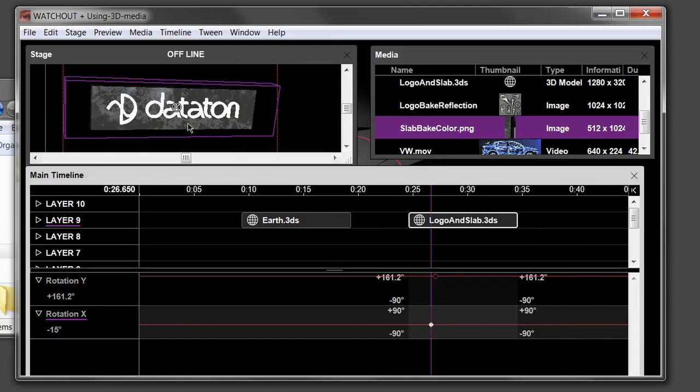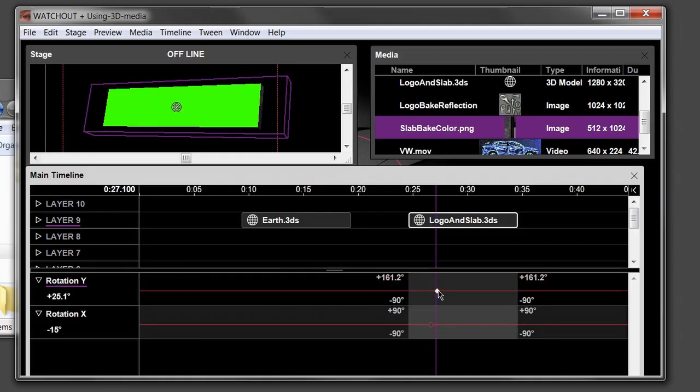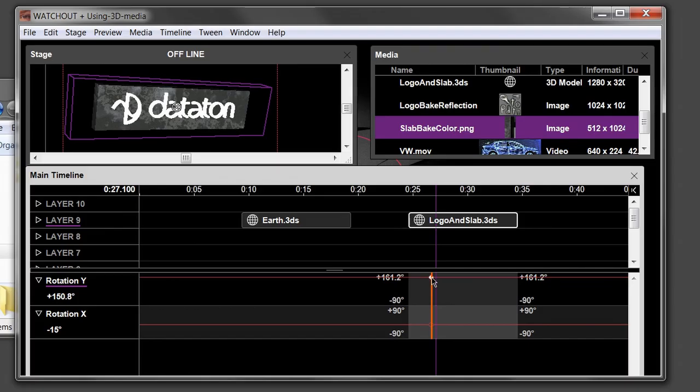Okay, so we have a texture on the block itself, but you can see that this 3D object that I brought in has the background, and then it has the logo here. And if you spin it around, you can see on the back it's green. So this actually has 3 separately texturable areas,